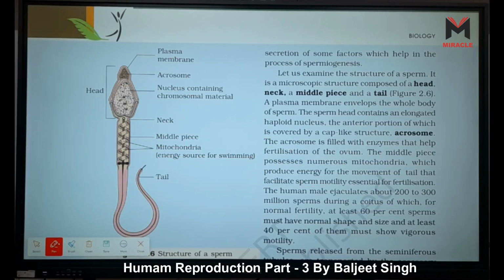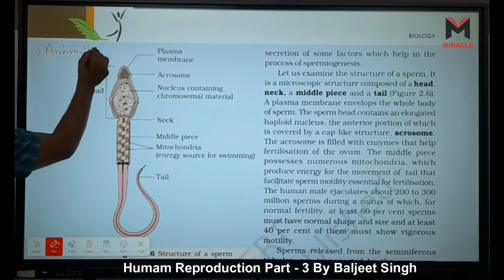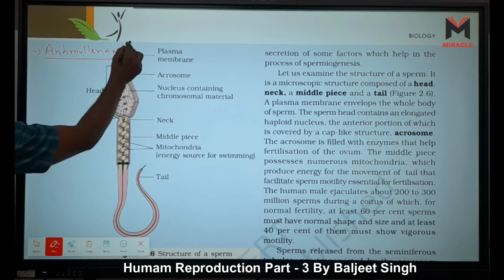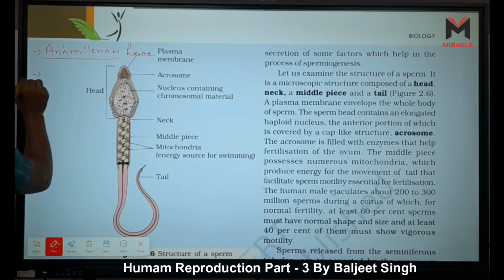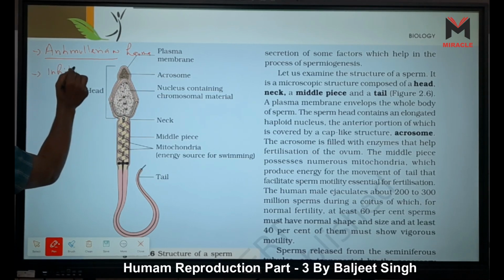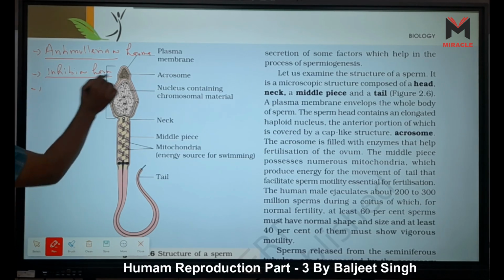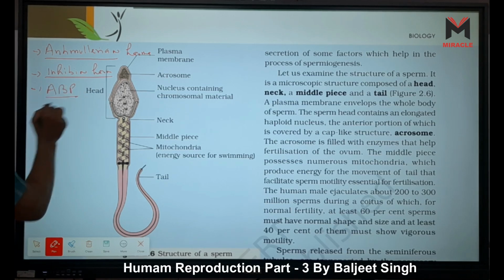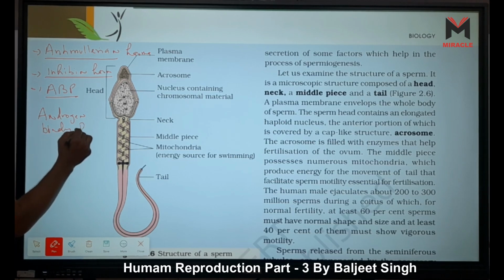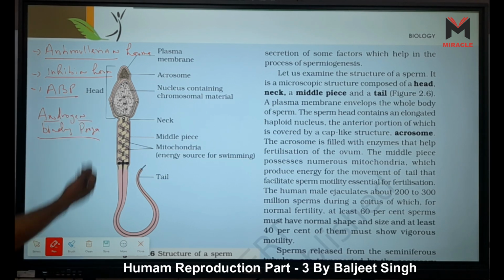What are these factors? The first one is our anti-Mullerian hormone, right? The second substance is our inhibin hormone. We can also say substances. And the third one is ABP. What is the full form of ABP? Androgen binding protein. They are secreted. What is the function of these three substances which are secreted by the